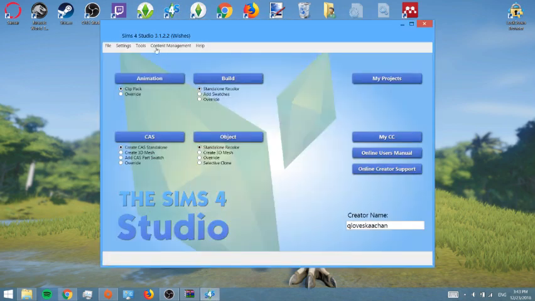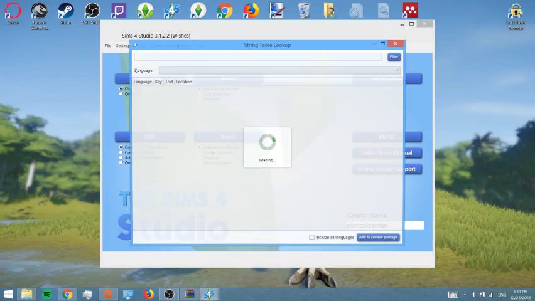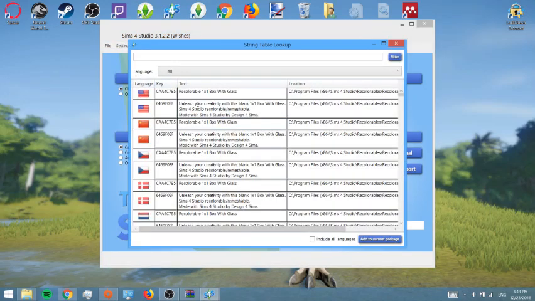When you first do this, it's going to take a little bit. So go to Tools, String Table Lookup. When you first do this, it's going to take a little bit to load up. But when you do it frequently, it's going to load up just like that. So say